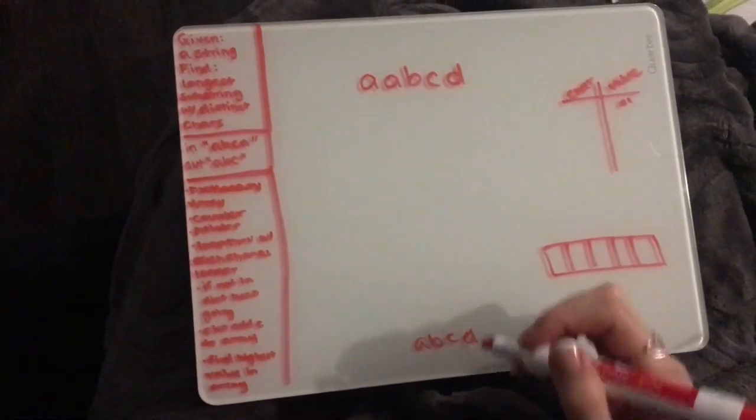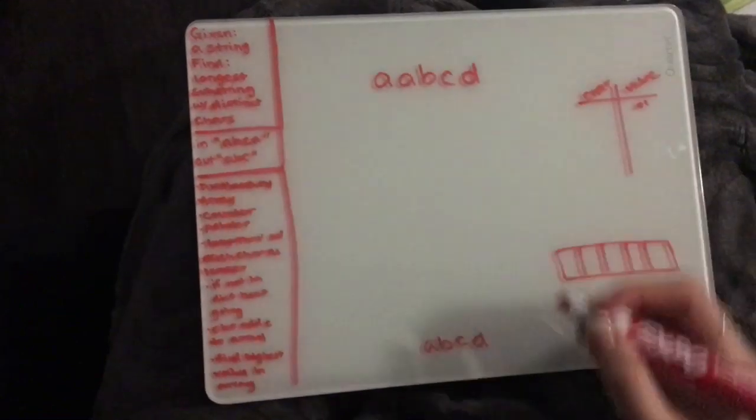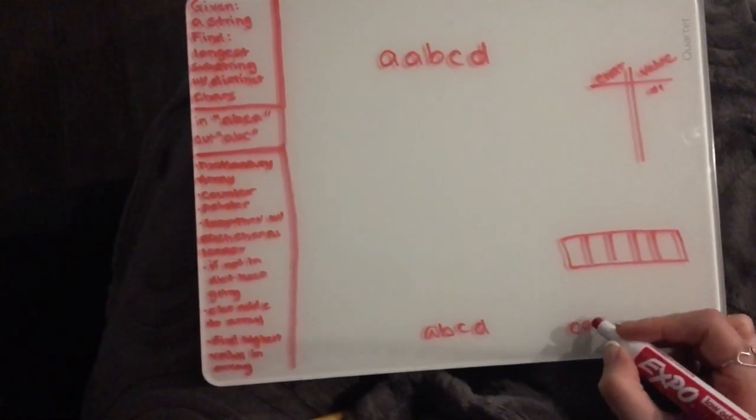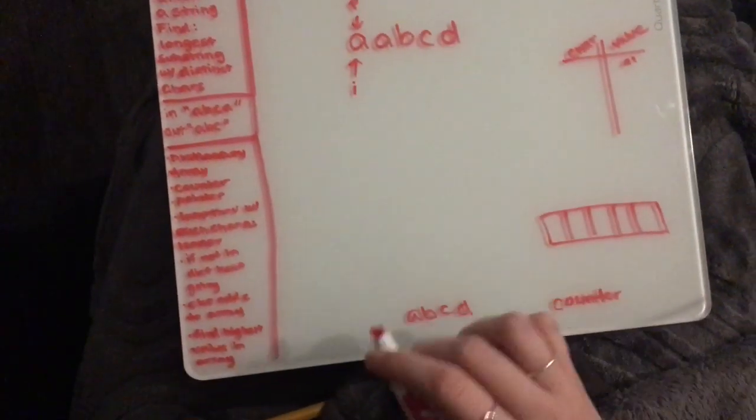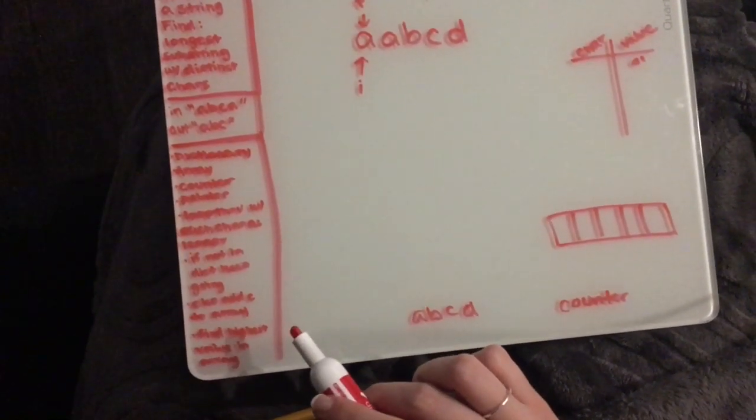We're going to need a counter and a pointer. So we're going to loop through each character as the leader,